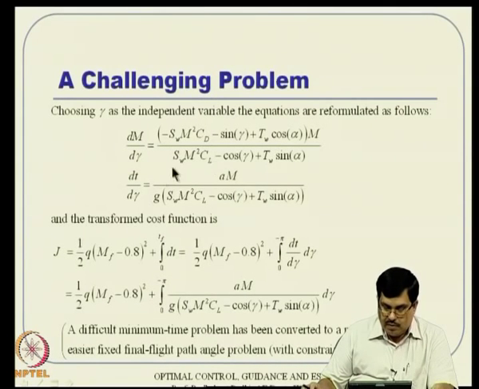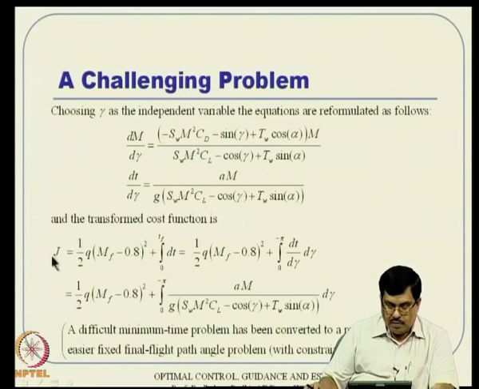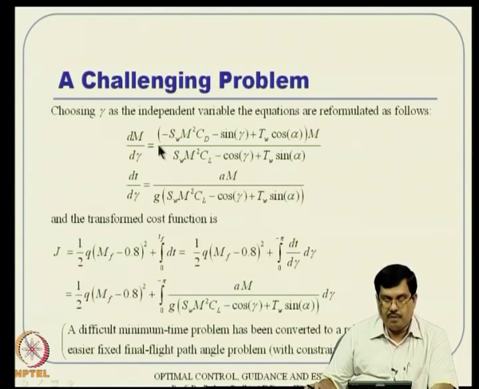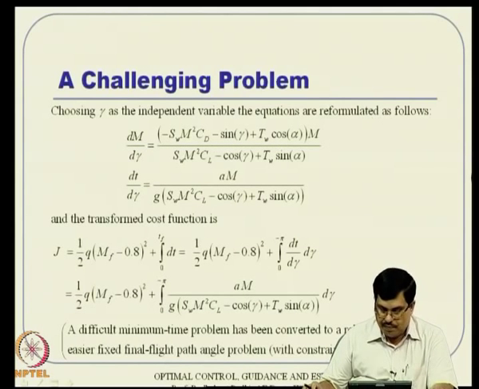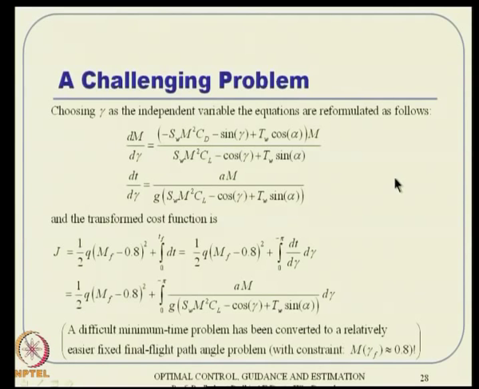So ultimately, this equation goes into the cost function, whereas this equation becomes the system dynamics. So you have a cost function in this form subject to one scalar differential equation where the independent variable is gamma. This is a scalar sort of problem, where m is the only state, and gamma evolves from 0 to minus pi, and this expression has already come here in the cost function, so the minimization part of it is already utilized. So essentially you minimize this cost function subject to this first differential equation. Alright, so I will leave this problem here.